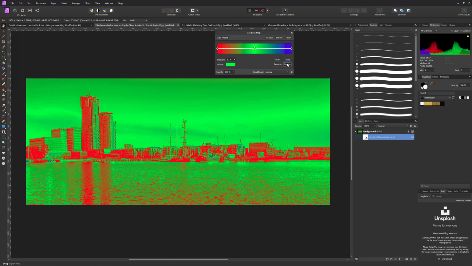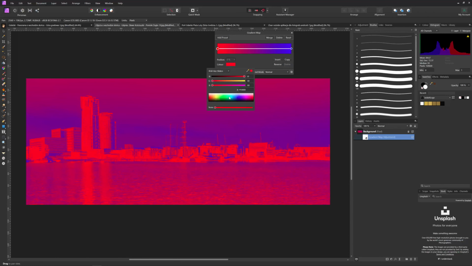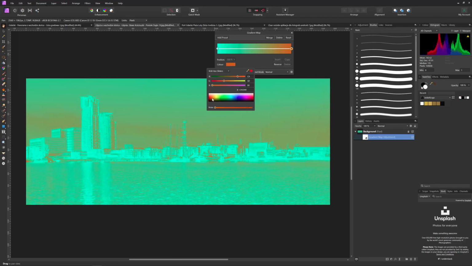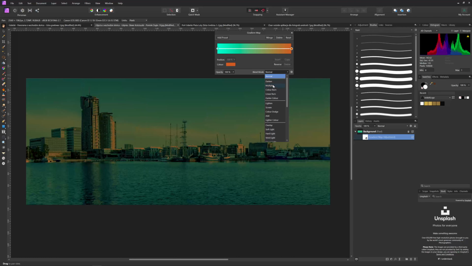Let's delete this for now, and we only start with 2 points, just to make our lives easier. Let's select orange again. Okay, this is okay. And blend mode to multiply. Okay, as you can see, everything is pretty much blue and more or less teal. I would like this to be a lot more